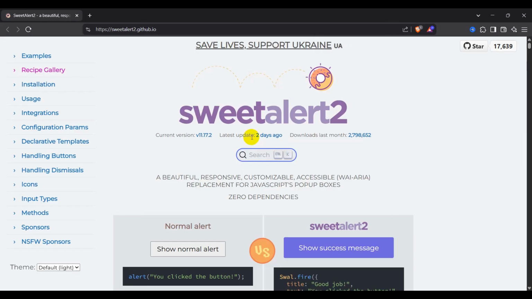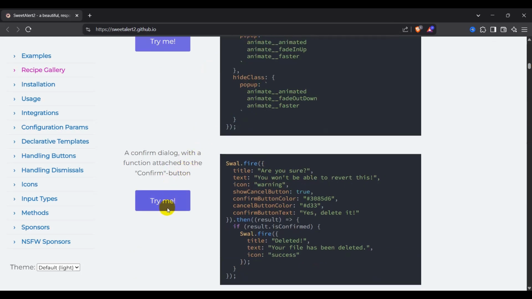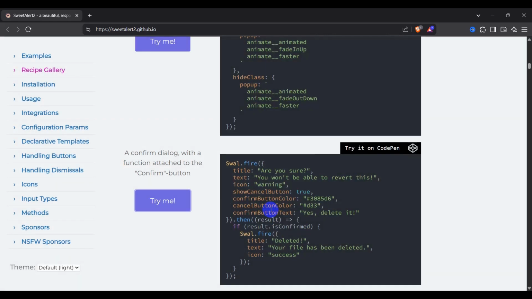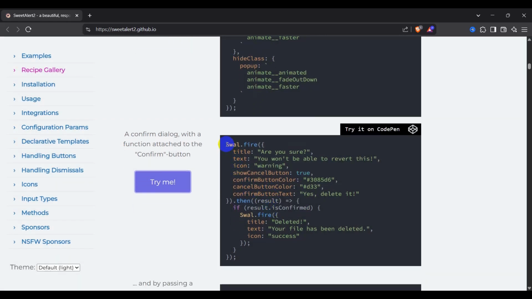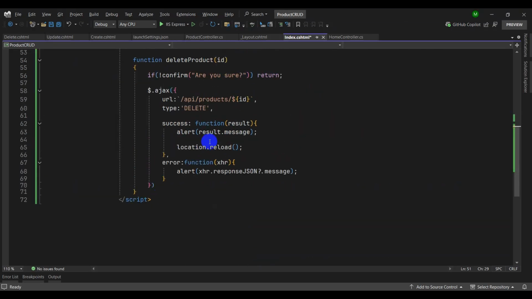Let's search for confirm dialog, Ctrl F, confirm dialog, this one. Let's click try me, let's click yes. Okay, now let's copy this code,